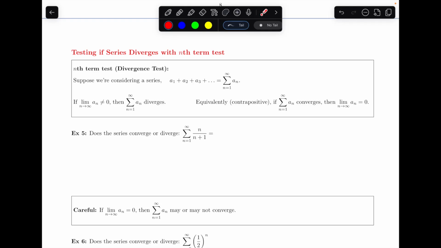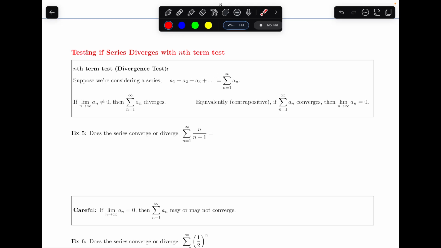In this video, we are going to talk about how we can test if a series diverges using the nth term test. So the nth term test, which is sometimes called the divergence test, says that if we have some series, if the limit of the terms is not zero, then the whole series is going to diverge. Okay, so conceptually what that means is if you look at these terms and eventually you keep adding some number,